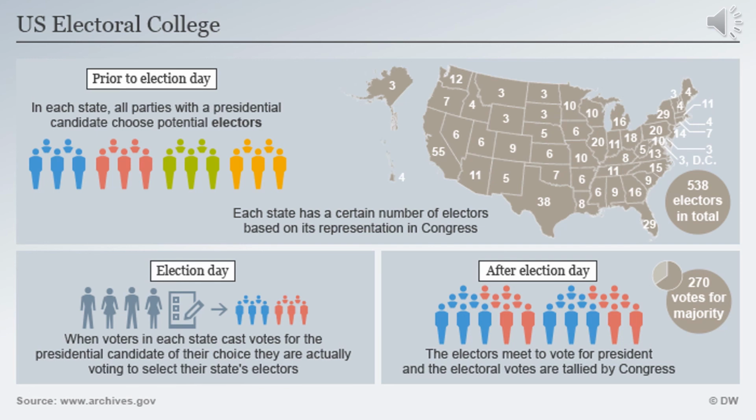And in order to win, you must have 270 votes. And why is it 270 votes? Well, that's actually kind of an easy thing. It's because all the votes added up after 270 cannot equal more or equal to 270. In fact, a tie in the Electoral College is 269-269. So you have to win. That is the magic number. And that's why when you hear on the news them talking about the race to 270, that is the number that counts. The popular vote does not count.